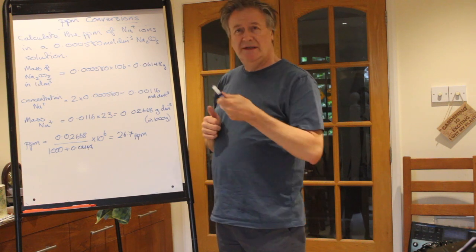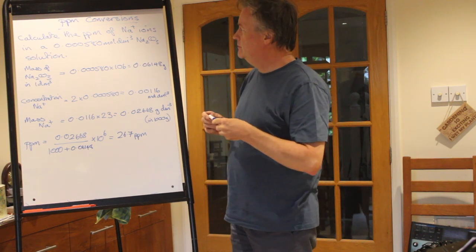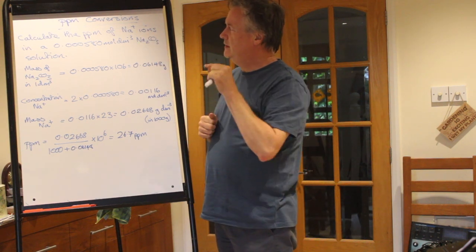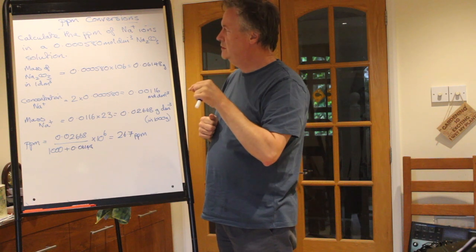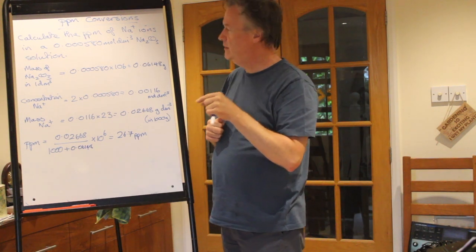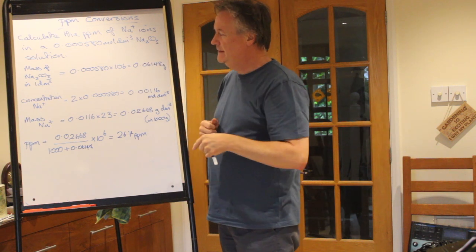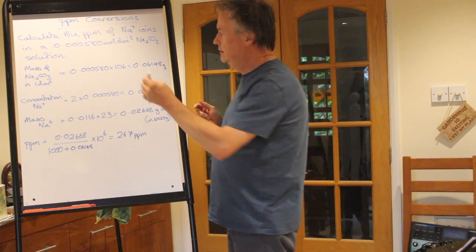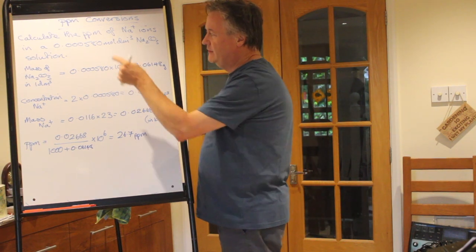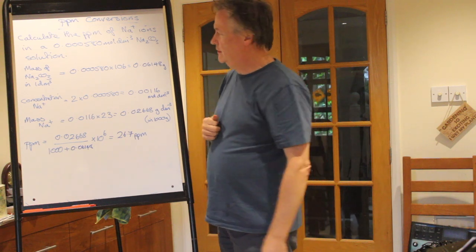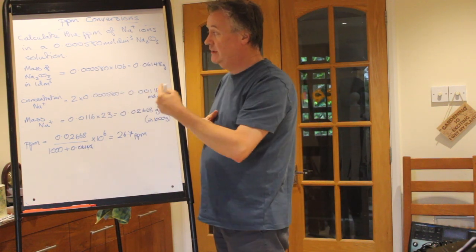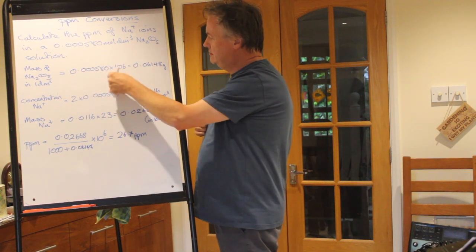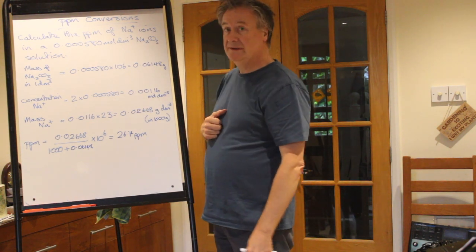So, only slightly more complicated example, only because of the formula. So calculate the parts per million of sodium ions in a 0.0000580 moles per cubic decimetre sodium carbonate solution. You will need to know, or you kind of need to check rather than know because of the value, as it turns out, how many grams of sodium carbonate there is in the 1 decimetre cubed. And the formula mass of sodium carbonate is 106, and that's the concentration from the question, and it turns out that you have dissolved in 1 decimetre cubed